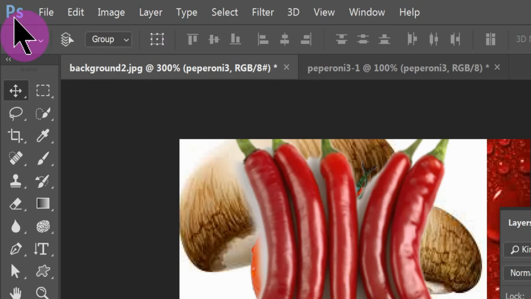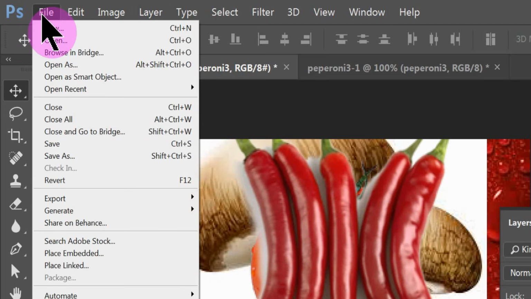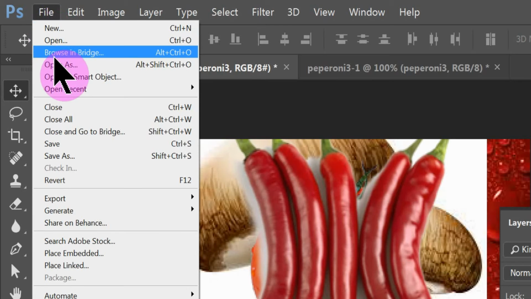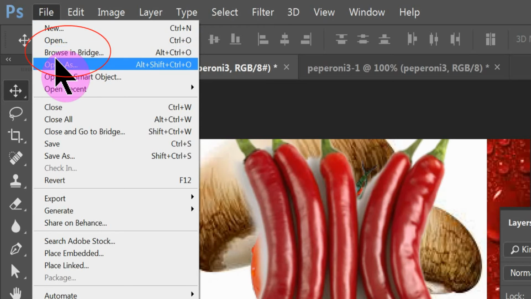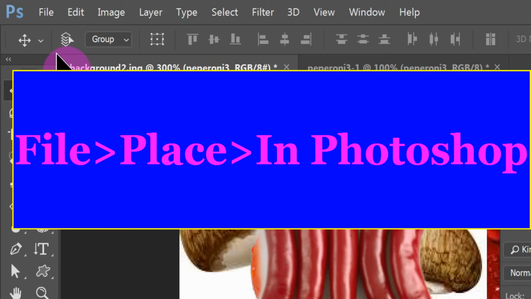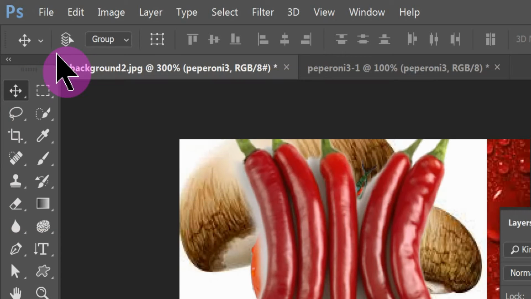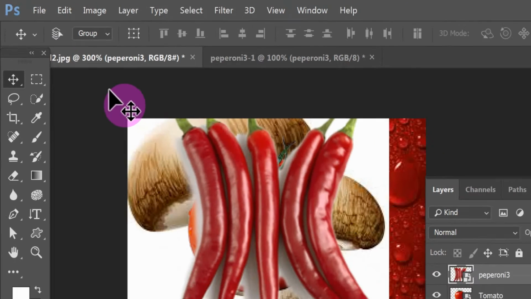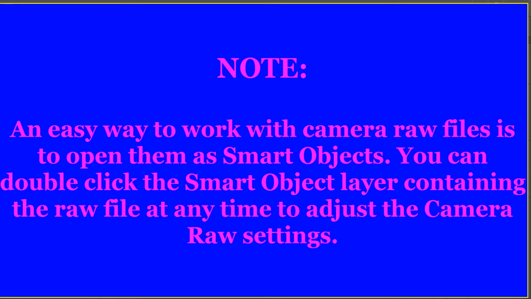And I also told you that in Bridge, I can go to Browse in Bridge, and then in Bridge choose File, Place in Photoshop to import a file as a Smart Object. Now, while we're on the subject, an easy way to work with camera raw files is to open them as Smart Objects, and you can double click the Smart Object layer containing the raw file at any time to adjust